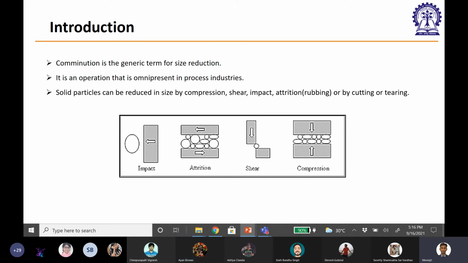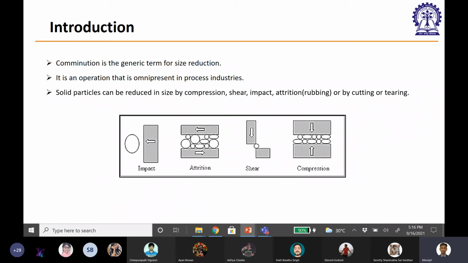That's not the difference. So let me tell you, I have given you one clue also. The term attrition, you will see mostly in particles or powders, whereas the term shear you have seen in fluid mechanics. So there is a hint in this question. When we talk about the definition of fluid, we talk about something called continuum, right? So it's a continuous process. It doesn't have any discontinuity between the layers or between the packets of fluid. It's a continuous process, right?